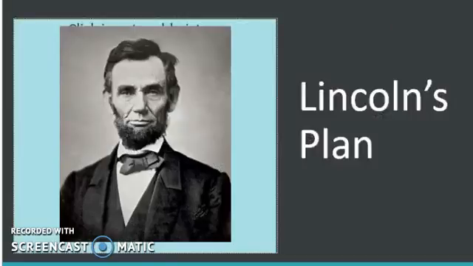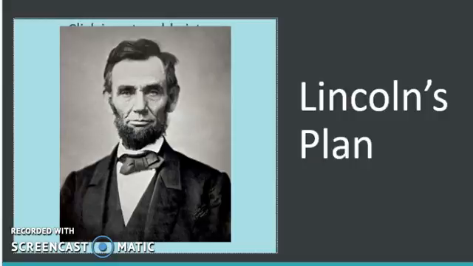Now, Lincoln had his own plan for Reconstruction. Obviously, we know that he's not going to be able to actually carry it out, because he's going to be assassinated that April. But even way before the end of the Civil War, back in 1863, he already had the confidence that the war would eventually end in the Union's favor,